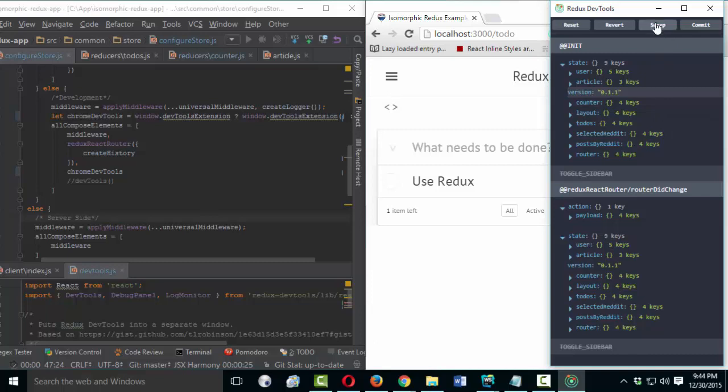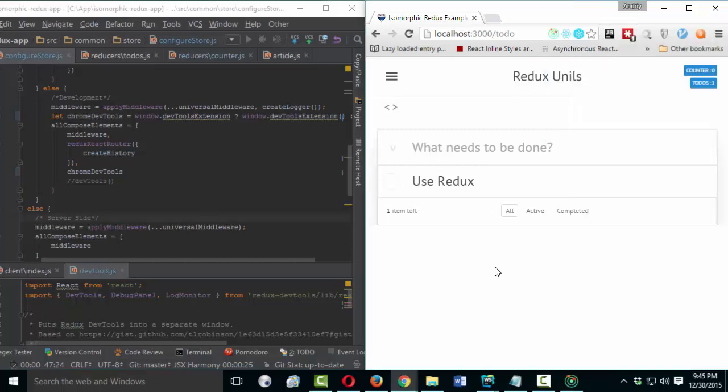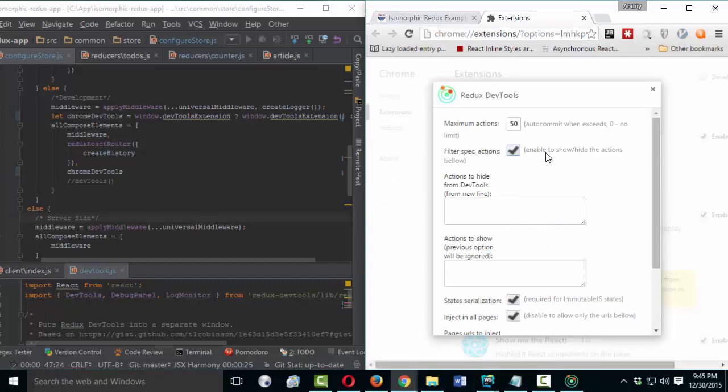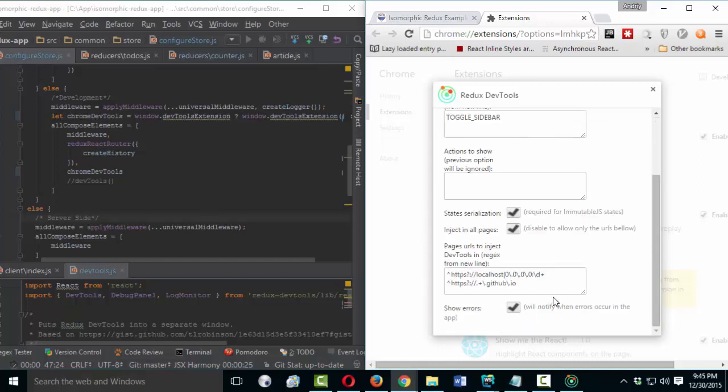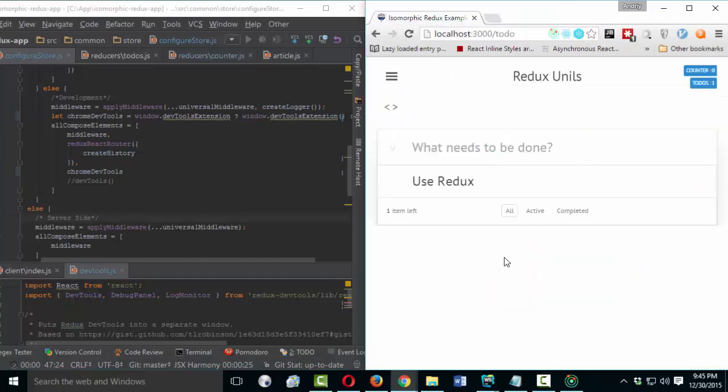I can get rid of them with sweep, but we have much better functionality to filter actions with show hide in our Redux DevTools options. Click on enable to show hide the actions, and I don't even need to click the save button. Now see what happens.